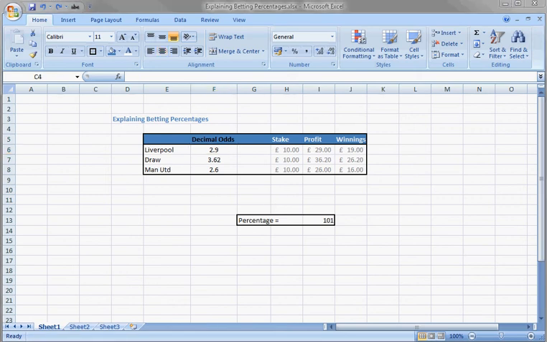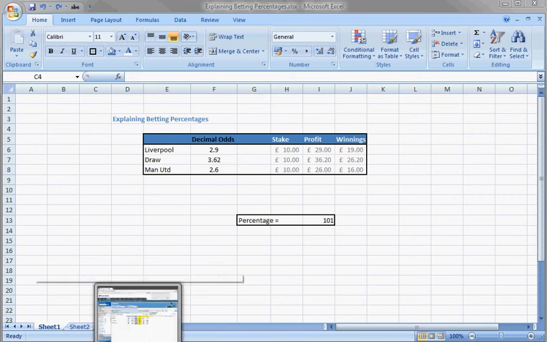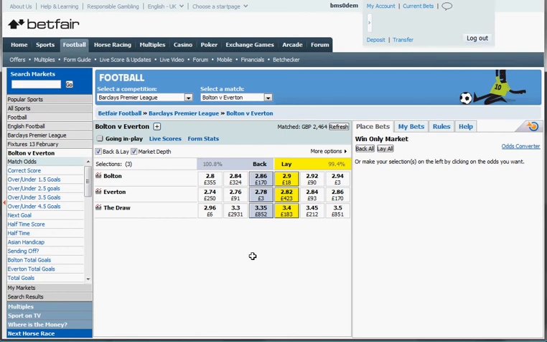So I'm showing you this in Excel just to take us away for a while, if you like. We need to step out, step back, understand what's going on before we go back into Betfair. But in reality, as you trade in these markets, you don't need to do this. This is just a way of understanding it. Luckily, the way Betfair is built is excellent, and there are options within it to actually show us these things